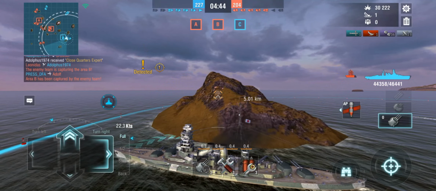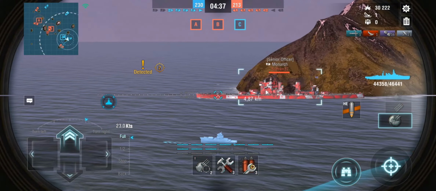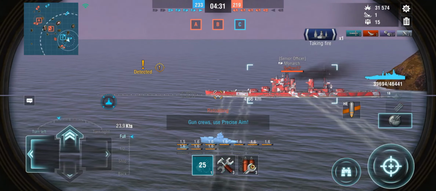And we should be able to force an engagement with that Monarch there. So at that range, the Monarch will not be completely outclassing us, and we still have the Bremerton right behind, so we should be pretty good in that engagement. But keep in mind,